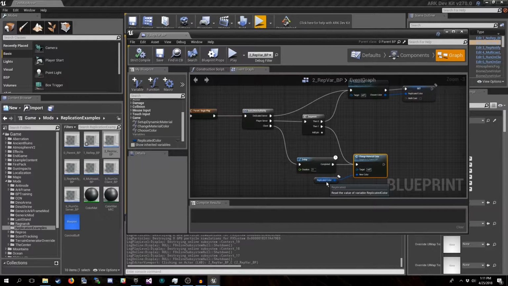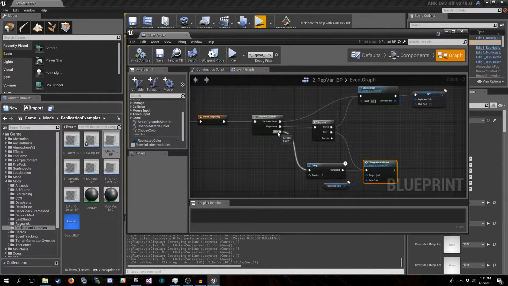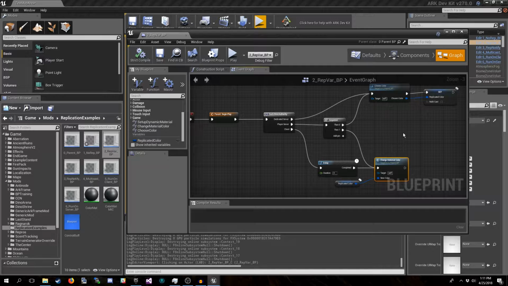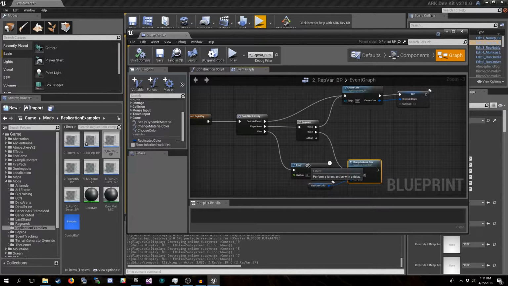Since it's the player server, the non-dedicated host, that particular variable doesn't need to be replicated for that instance, but any connected clients to either a dedicated server or the non-dedicated server, there's a slight delay just to make sure that there's enough time for it to run on the server in the editor, because they're all starting up at the same time.